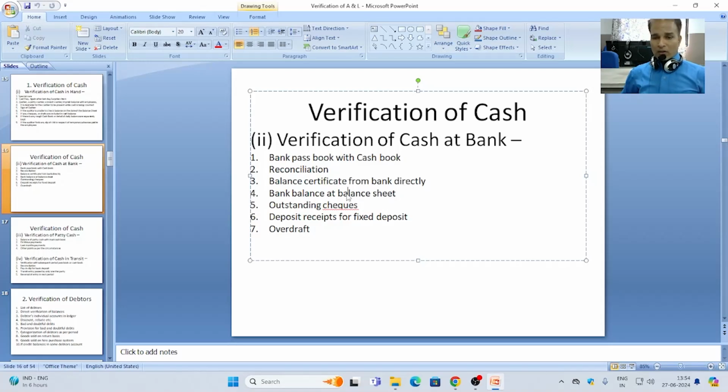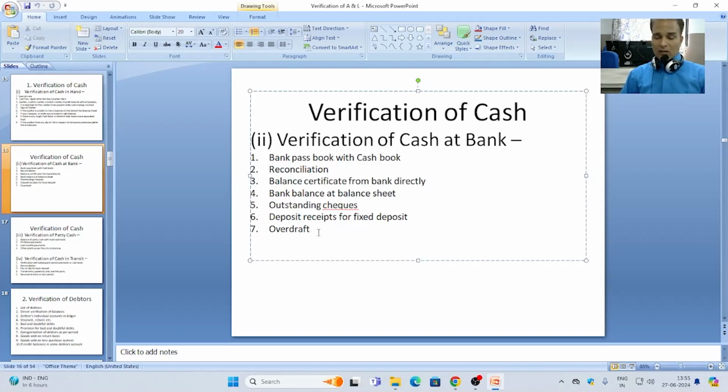It should also be checked by the auditor that the bank balance is recorded in the balance sheet. For outstanding checks, the auditor has to go with a special query: the reason for the outstanding and when they will be recovered in future. If there is any cash deposit in the bank or fixed deposit, then the deposit receipt should be required by the auditor from the accountant or cashier as evidence.